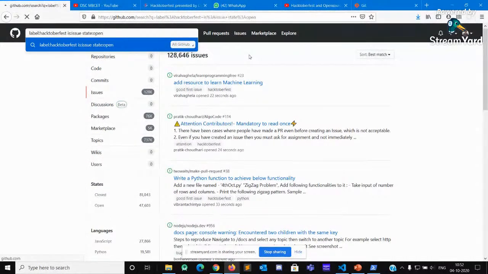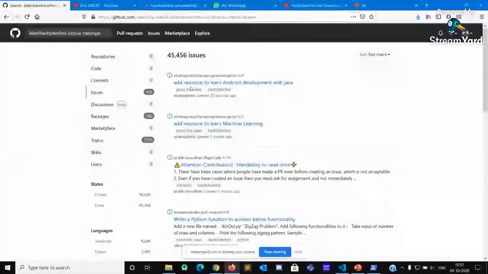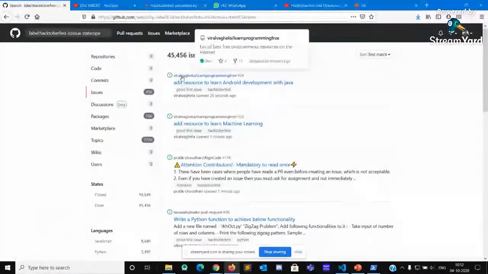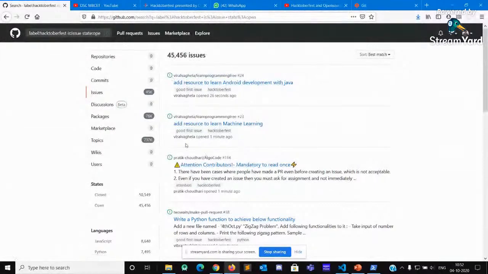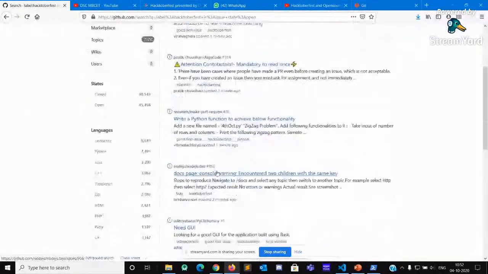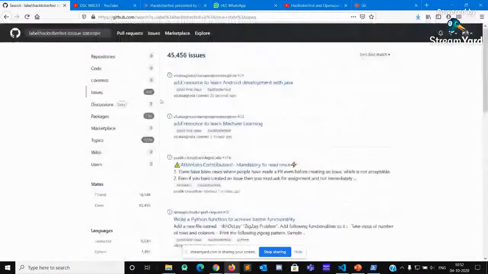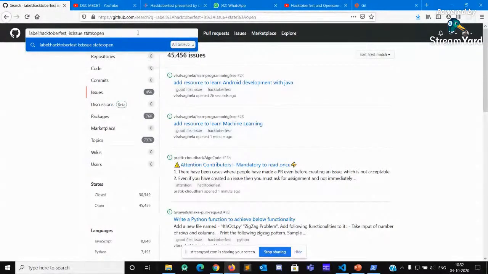If you search like that, you can see, say, add resource to learn Android development with Java. This is an issue. So you can go through these issues and contribute accordingly. If you want to look for a specific language, for example, if you are interested in Flutter, the language used may be Dart. If you search for language Dart,